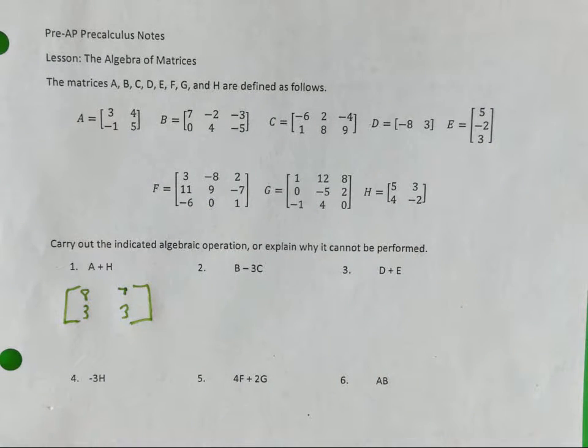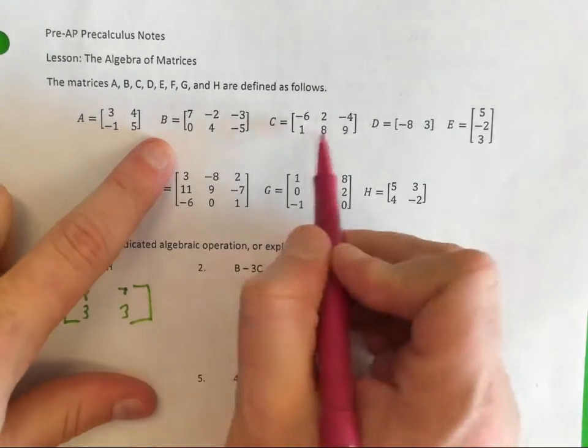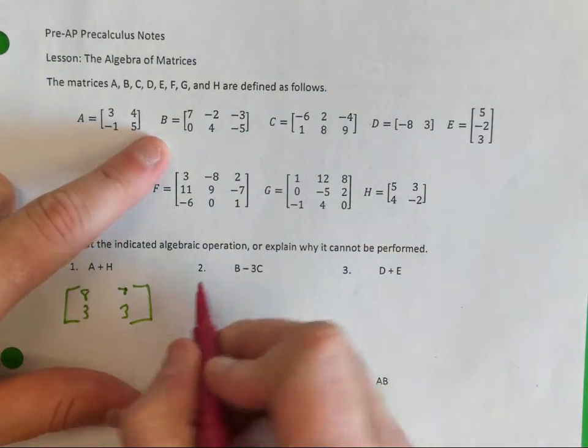Now, number 2, you show me a little work here. It's B minus 3 times C. Well, does B and C look the same? Yes, so